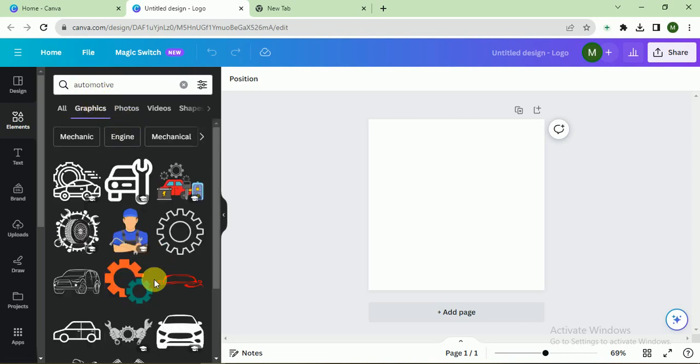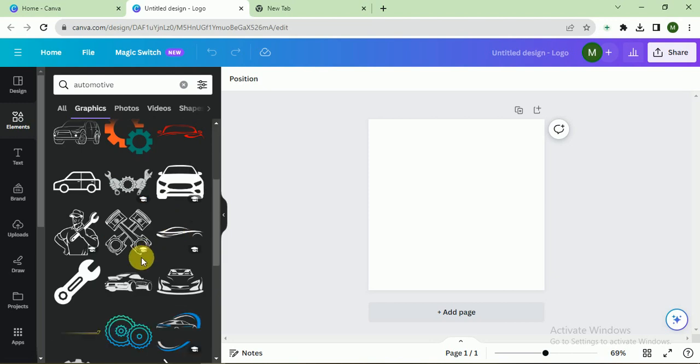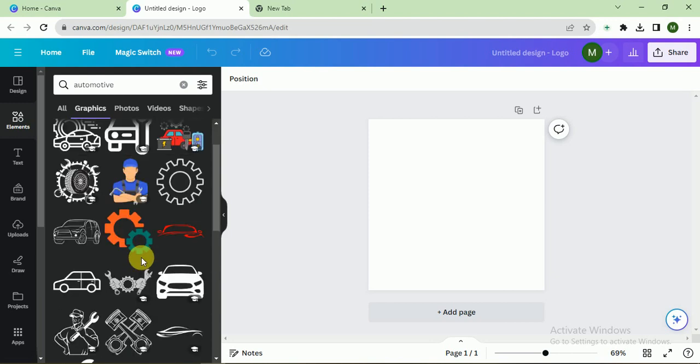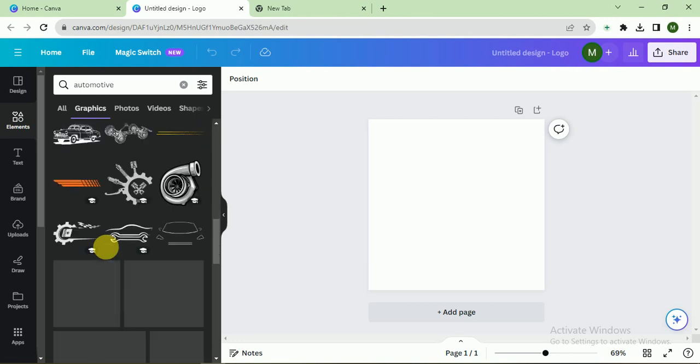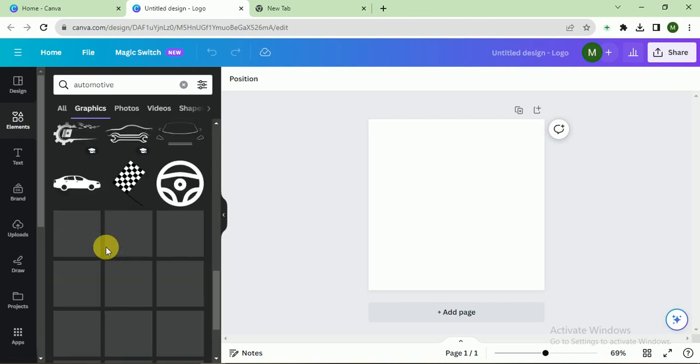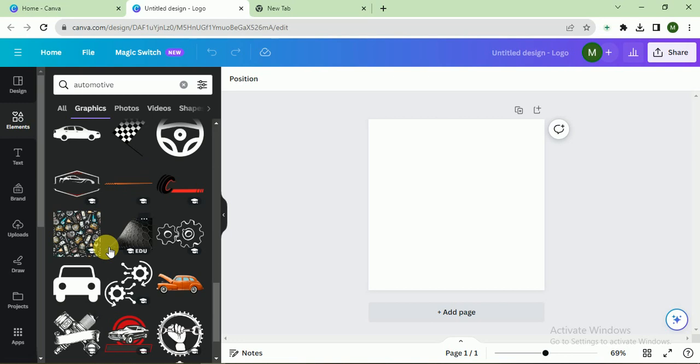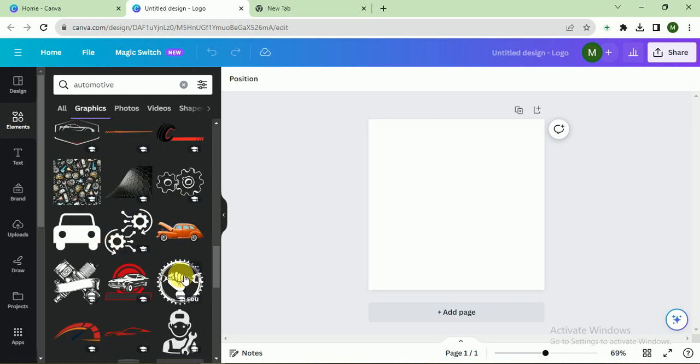and there are different icons available. Our dummy company name is Mike Motors. So let's see. This one is good,